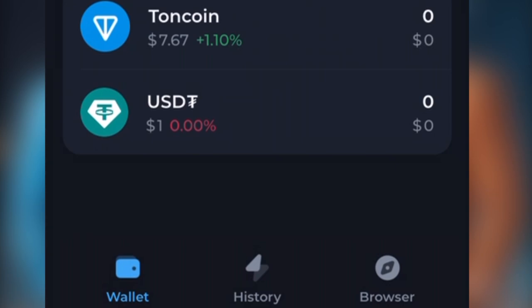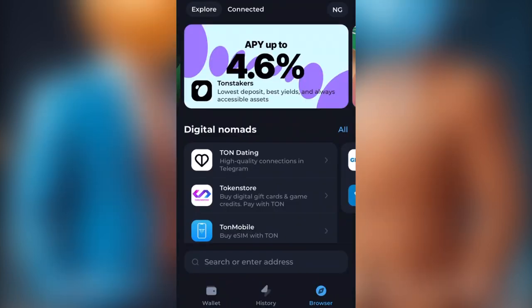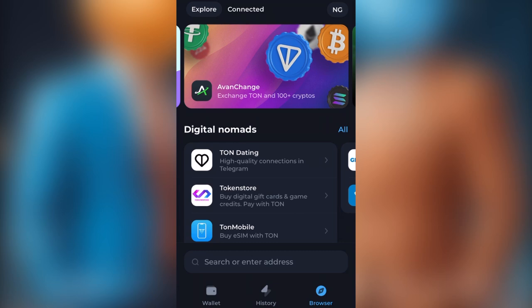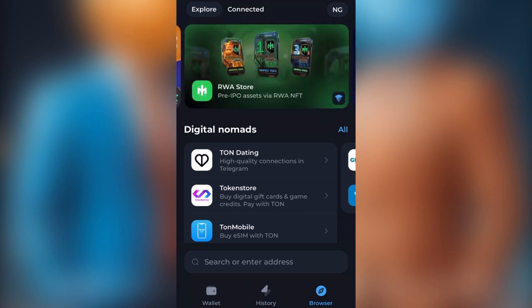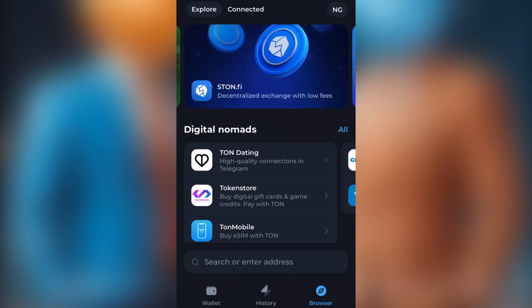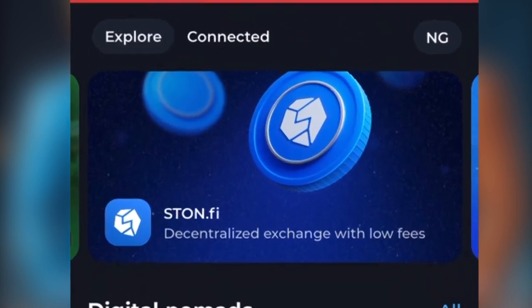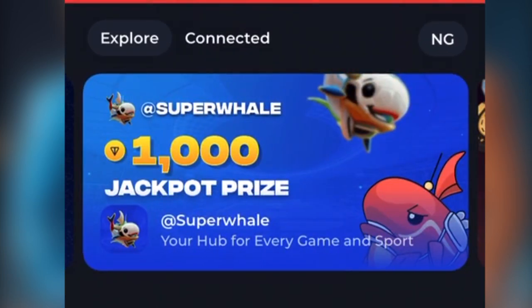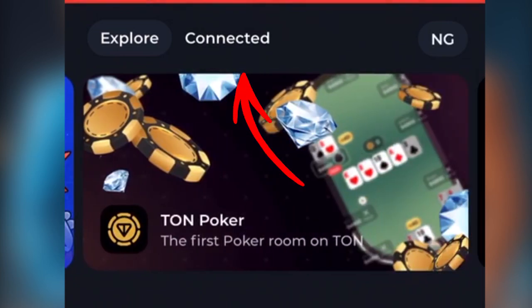So what you need to do here is to go ahead and click on the browser. Once you click on the browser, this is how it looks like. This is the interface and this is what you will see. So the next thing here is to check the top of your screen. Right there you can see the connected. So tap on the connected button there